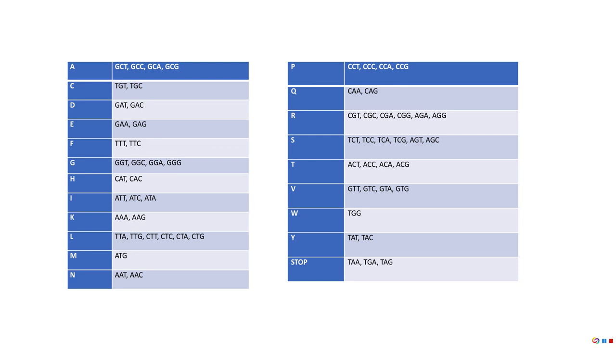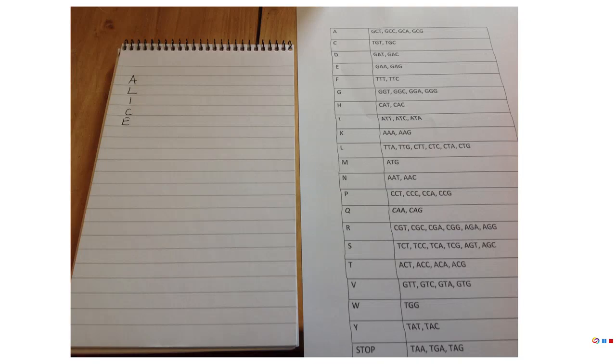So now I'm going to take you through how you can spell out your name with my name. My name is Alice, and here I've written my name down in a column. And then I just go to the list showing the single letter building blocks and their different DNA codons. For an A, for example, I could choose any of the 4 codons that are listed. And then for the L, I'll go further down the table and I've got 6 different codons I could choose from. It doesn't matter which one you choose, they're all equivalent.